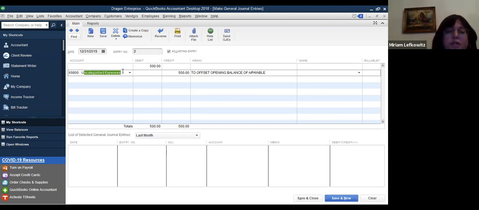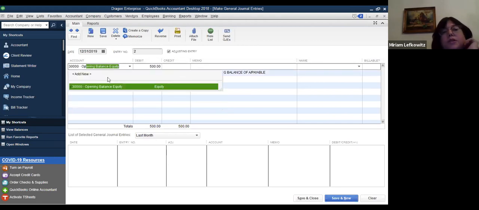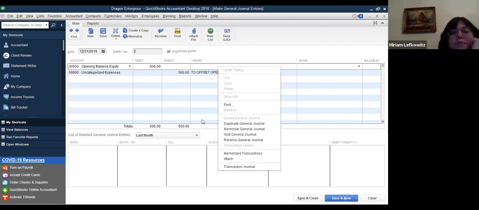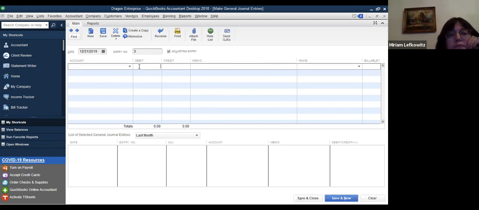Okay, so uncategorized expense will get the credit. Debit is opening balance equity. Again, I'm just zeroing it out. What we're doing is exactly like a closing entry. Uncategorized expense gets closed, and we use the opening balance equity account. The last one doesn't need to be done yet because